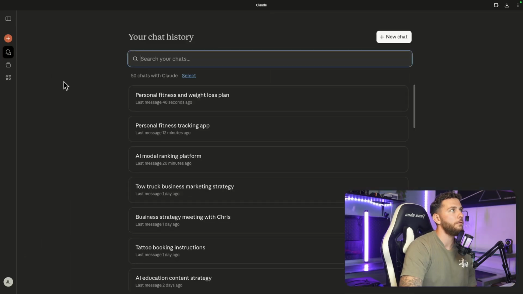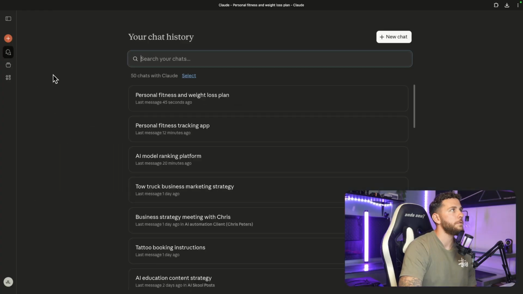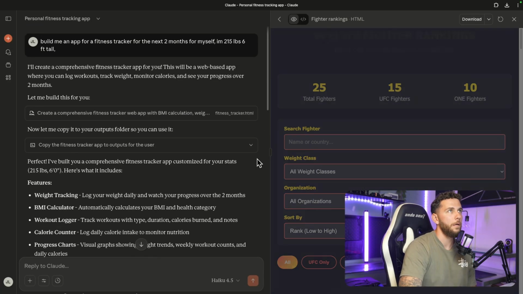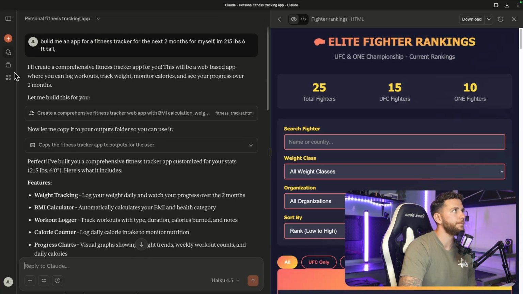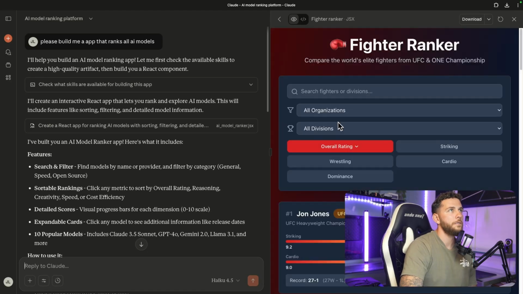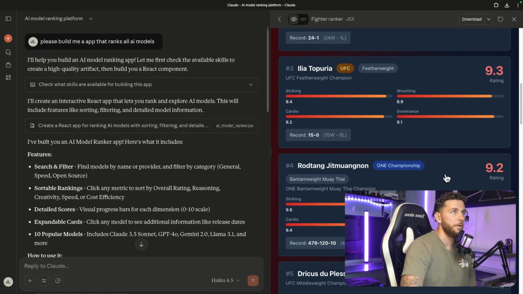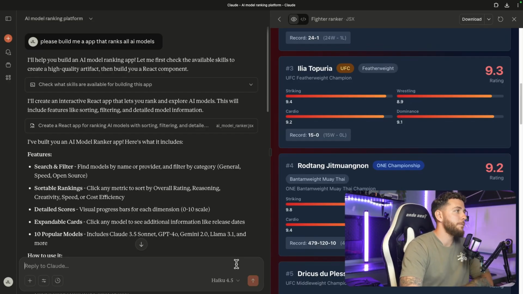I'll show you an example of one that I had built before here that was actually a little bit better, but they're both pretty cool as well. So we got that one that I've built. This is the one right here. So fighter ranking, you could do a whole bunch of searches, and then it actually added in Rodtang as number 4 here. So it added in a ONE FC fighter within the UFC ones as well. So that's pretty cool. So that is how you use Haiku 4.5 to create apps and do some programming within